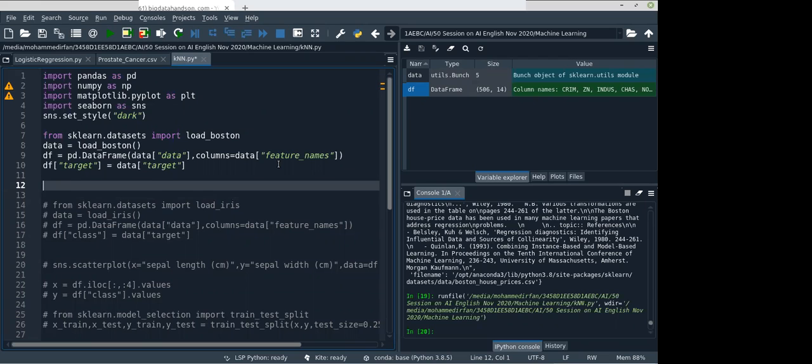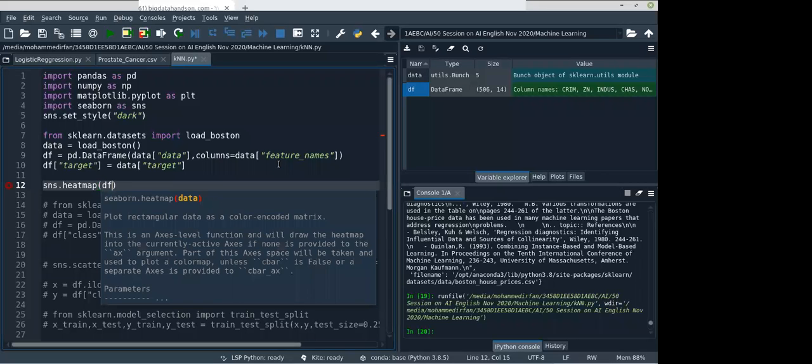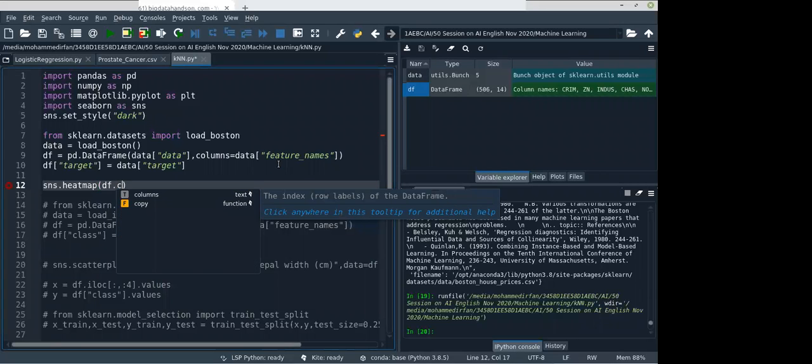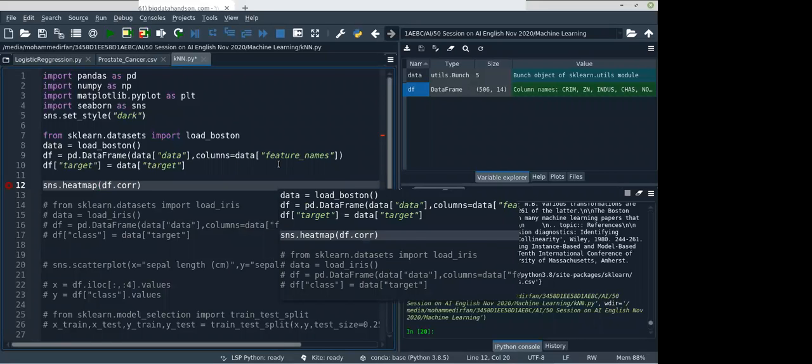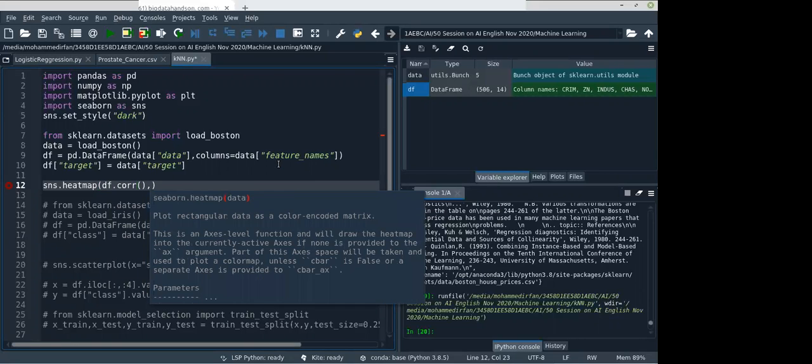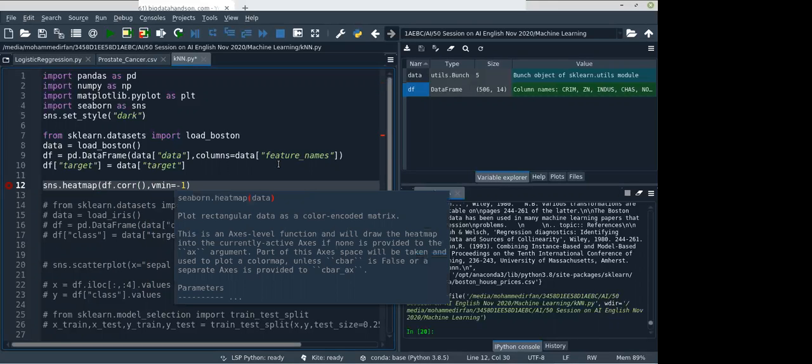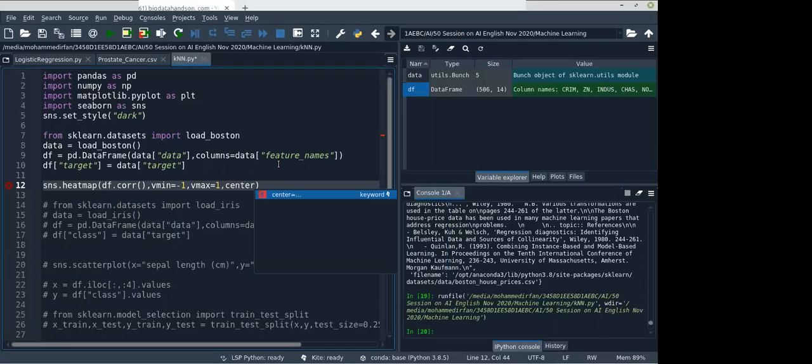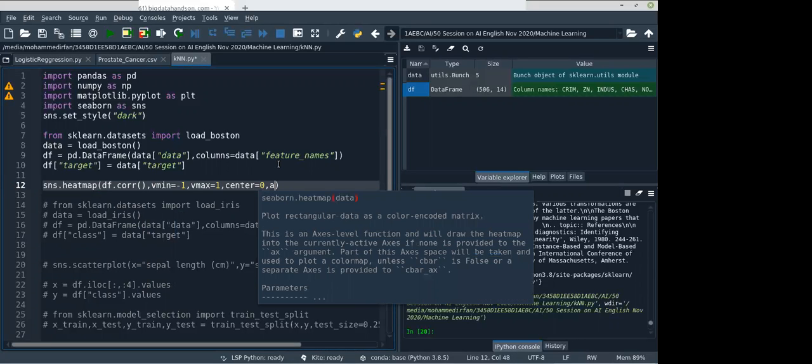To do that we can use the sns dot heatmap, df dot corr for correlation, and we give the vmin, vmax. Minimum is -1, maximum is 1, and the center will be 0. And we need to give annot equal to True.